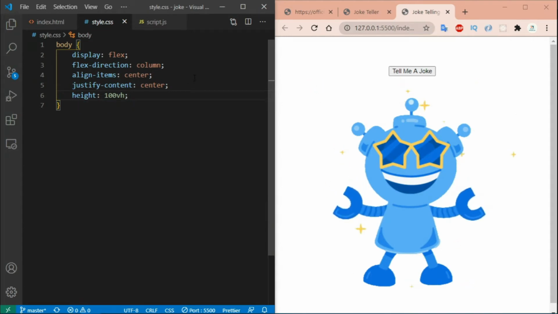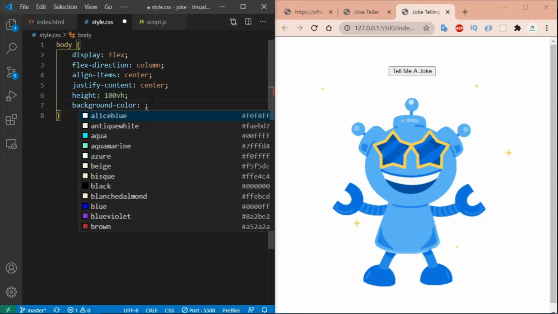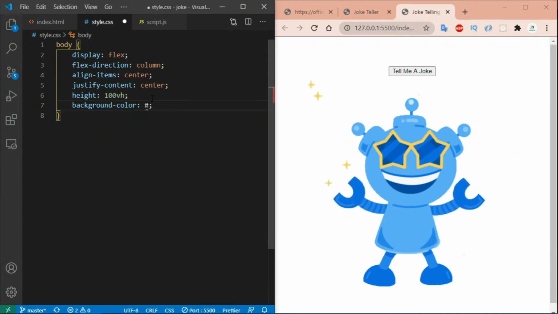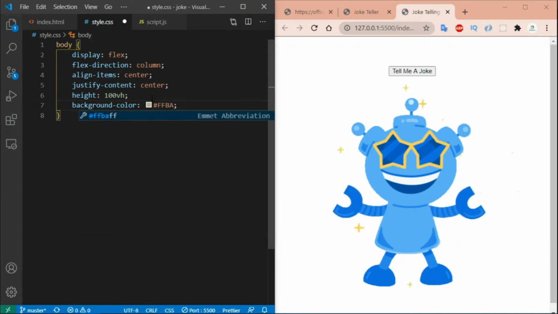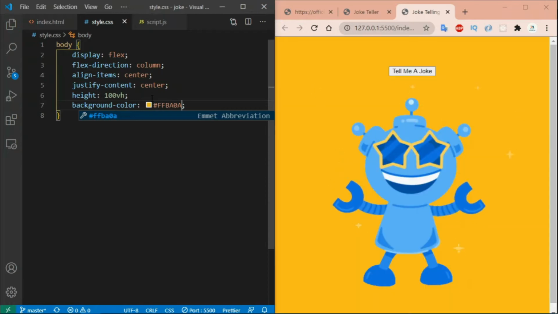Okay, now all the content inside the body is centered horizontally and vertically. Now give it a background color of FFBA0A. Okay, now it looks much better.